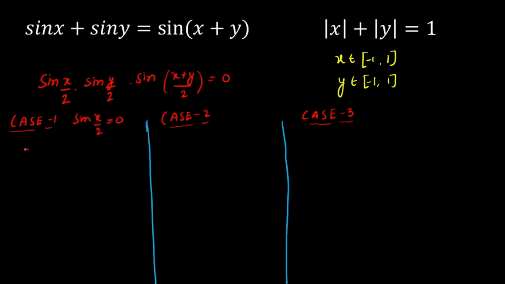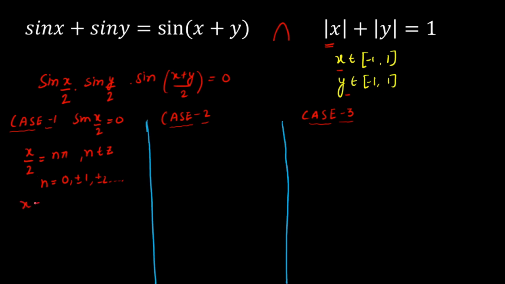If sine of x by 2 is 0, that means x by 2 is equal to integral multiple of pi, and here n belongs to an integer. The values of n can be, as you can see, 0, plus or minus 1, plus or minus 2, and so on, all integers. Now earlier I told you that after solving equation 1 I got the value of x is from minus 1 to 1, and similarly the value of y is from minus 1 to 1. And as I told you one more thing, that is the final answer will be the intersection of these two conditions. That means the value of x will be varying from minus 1 to 1 and y as this.